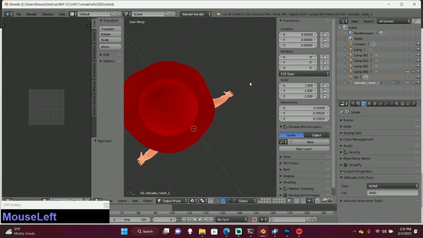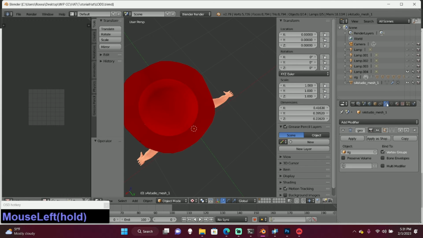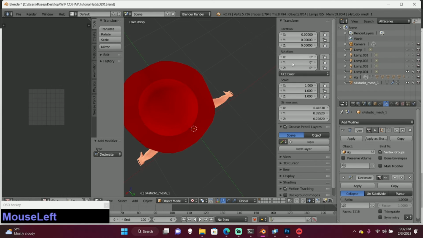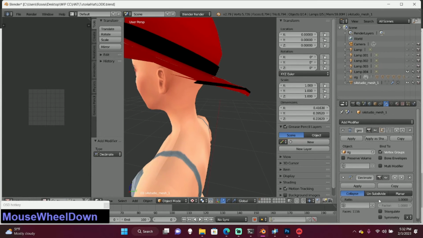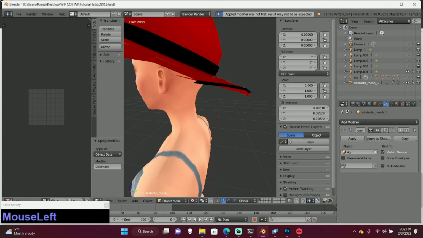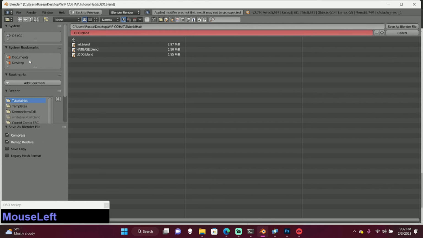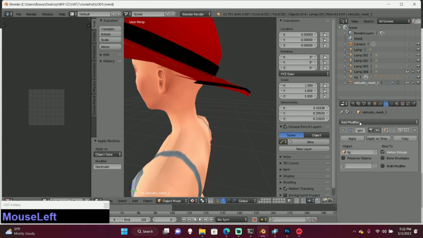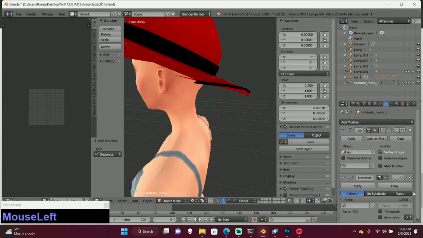So I'm just going to go to Blender, add modifier, decimate, and you can see what your poly count is right here. So I'm just going to take it down 100. I'm going to File, Save as LOD 1, add modifier, decimate, bring it down another 100,